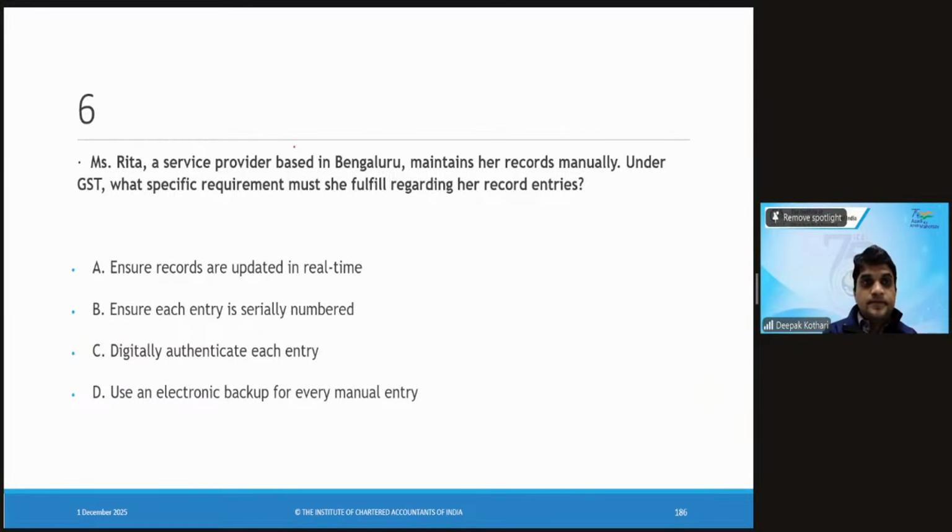Question number 6. Manual recordings have been mentioned. So what should she adhere to when she's maintaining books or records manually? Right. Sixth one,